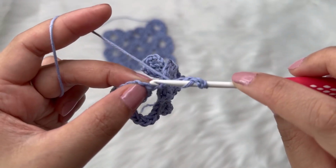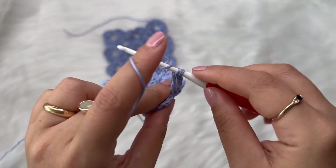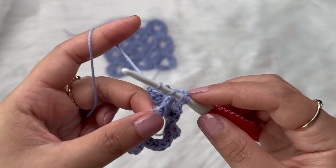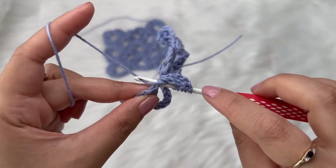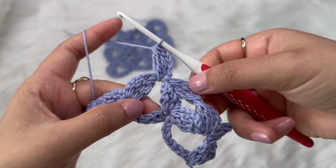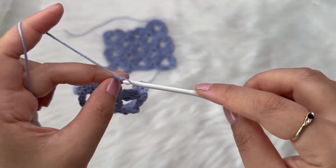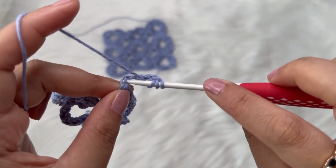I want to insert my hook in my stitch, and then the next stitch under into my stitch, and then the last stitch I work into the stitch, and finish your petal. And we're going to repeat the same. So again, after this petal, work chain 5, and then 3 triple crochet together into this chain,